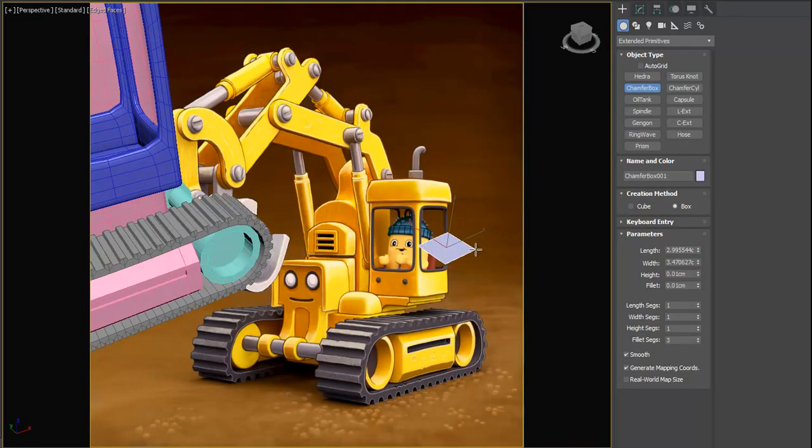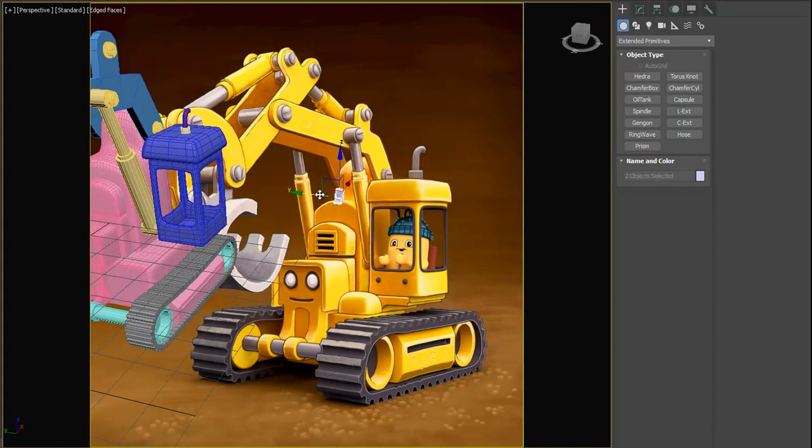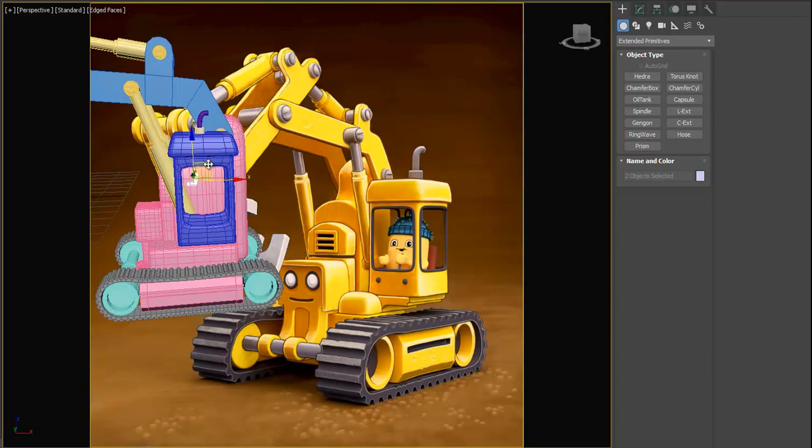Let's create the seat, rotate it to make it spine. Okay, let's move it inside of the cabin and make it bigger, because what I got is really small. Scale it from center. Okay,